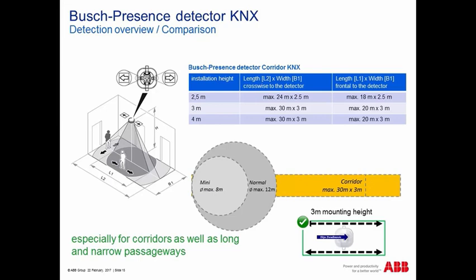And what is also very important, for all movement detectors, for all presence detectors, the best detection range you have is if you are crossing tangentially. Of course, if you are crossing frontally like this one, this can reduce the detection range. Here, for example, with an installation height of 3 meters, we are talking of a maximum of 20 meters in width,